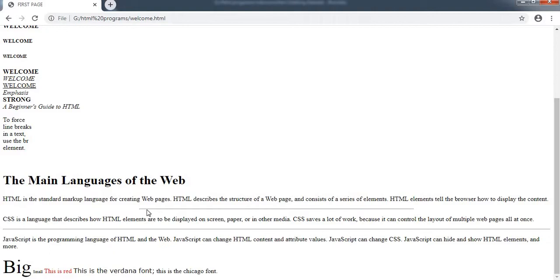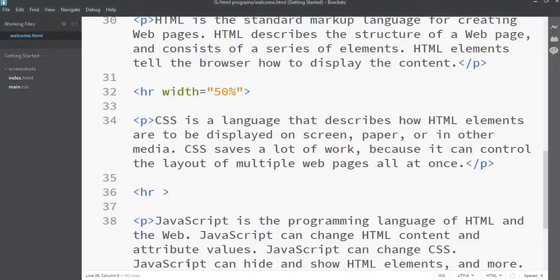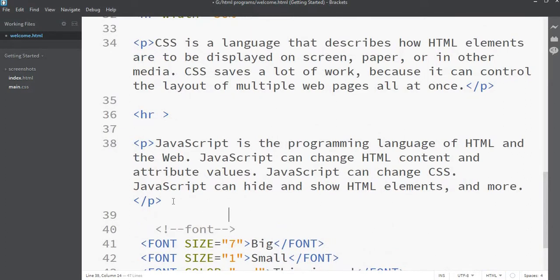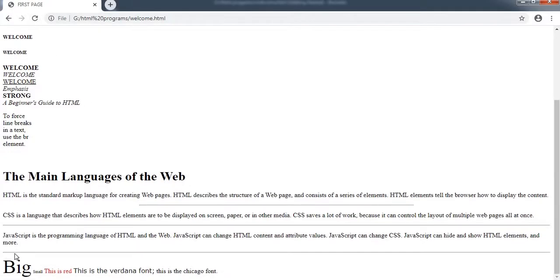The first one here is the first line, and I mention 50%, that's why it is only printing half the line. But when I simply give the HR tag with no attributes, it will print the whole line after that text, that paragraph. So CSS the language is a paragraph. See, if you want to use another one, just use HR after this, simply refresh. So here you get another horizontal line after the text.